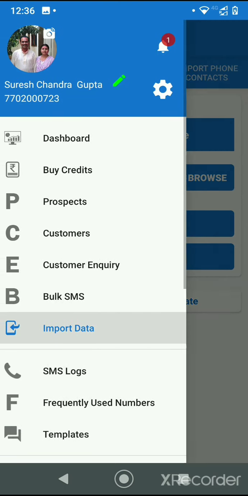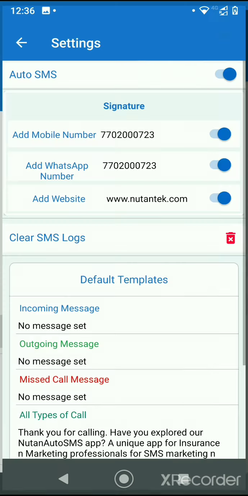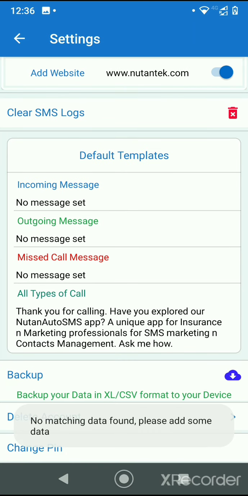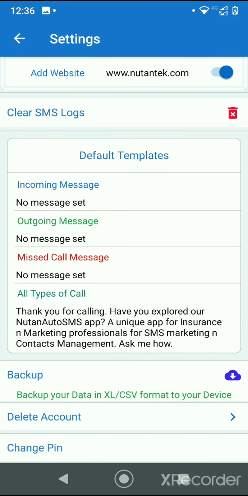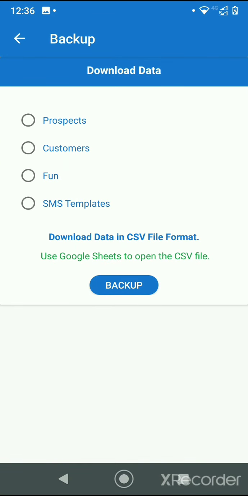The next one is that the user can download his data onto his device. So we have given that option here, you see, backup. Using this we have given the choice of what kind of data you want to download. So let's say I choose prospects and click, the data will be downloaded onto the user device in CSV format. So I say backup.